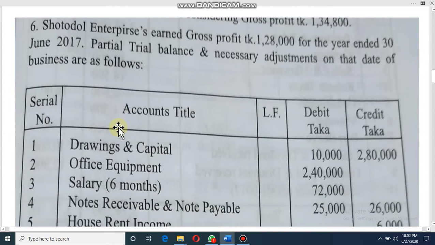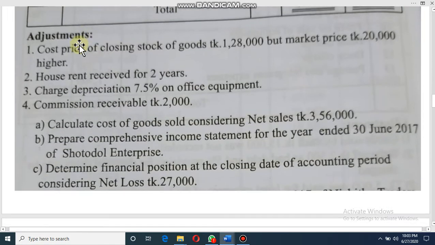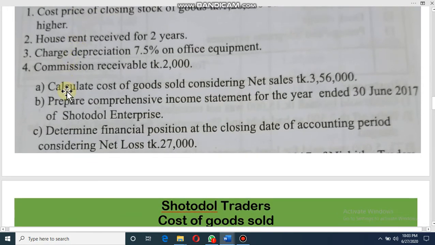Dear student, this is CQ6 from your books. I hope all of you have your books and copies with you. Take your books so you can easily see the question and easily understand. Look at the requirement: calculate the amount of cost of goods sold considering net sales. That means net sales is given and we have to find out the amount of cost of goods